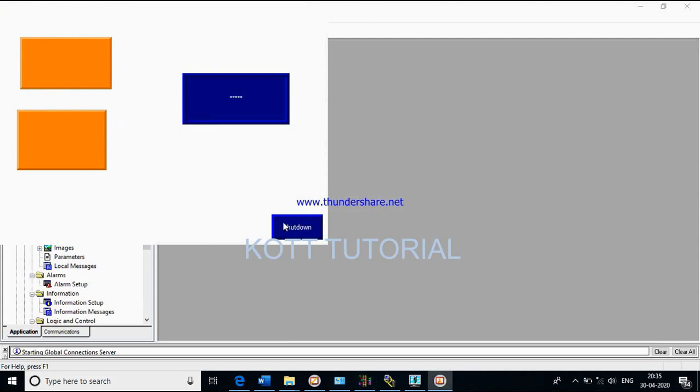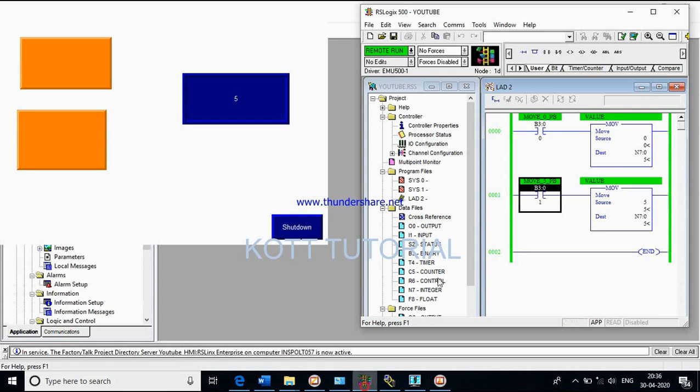OK. Now we have to test this program. We have developed our HMI. The PLC is in run mode.